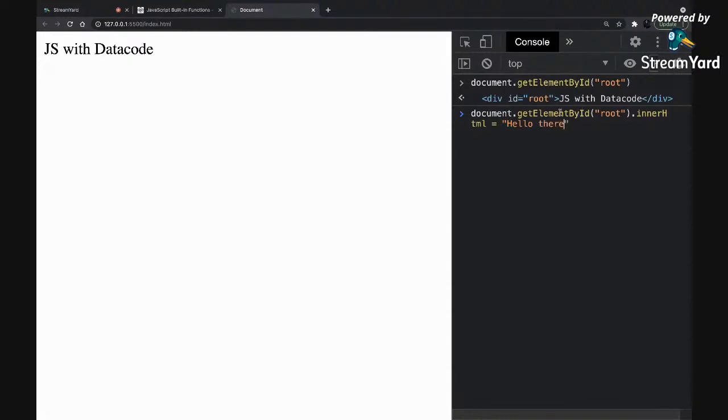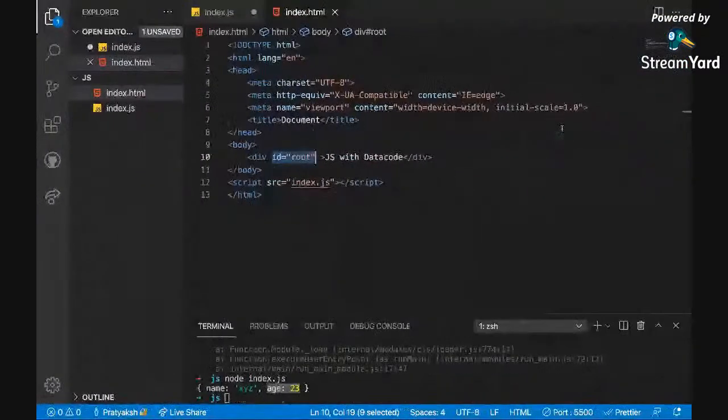So I'm saying that inside this div tag, whatever is inside this div tag, that is innerHTML, replace it with hello there. So now if I run it, it will do that. But since we are in dev tools, it's not doing that. I'll show you this over here.